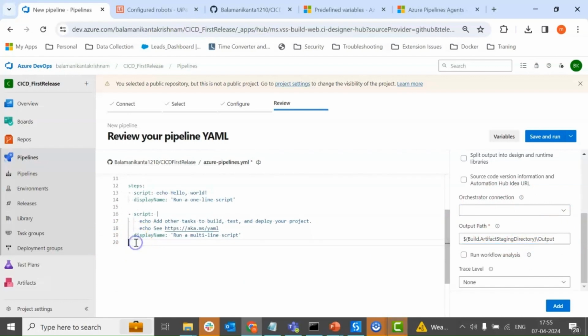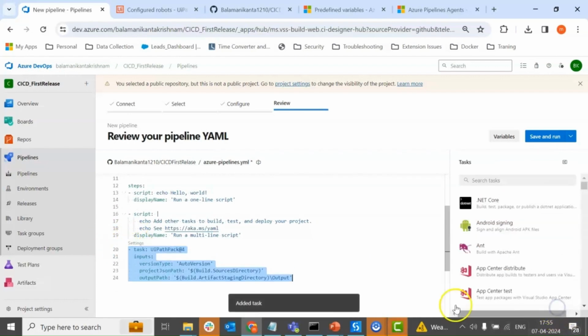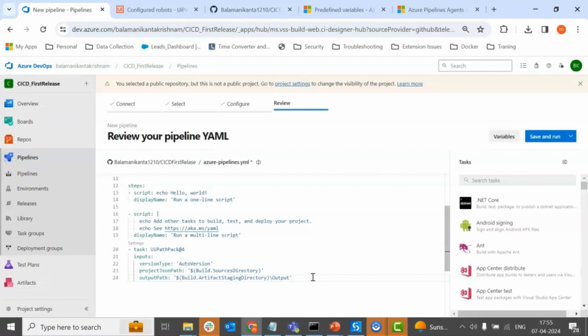Okay, let's place the cursor at the 20th line and click on add. So the pack task is created. The pack task YAML is auto generated. Okay, once it is done, the NUPKG package is ready, and if you want the release pipeline to execute automatically, what you need to do is place this particular thing in the artifact staging directory. So for that,